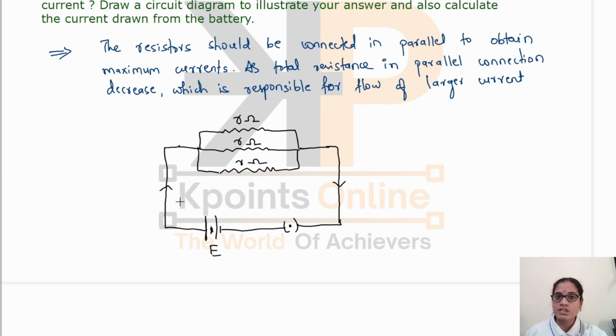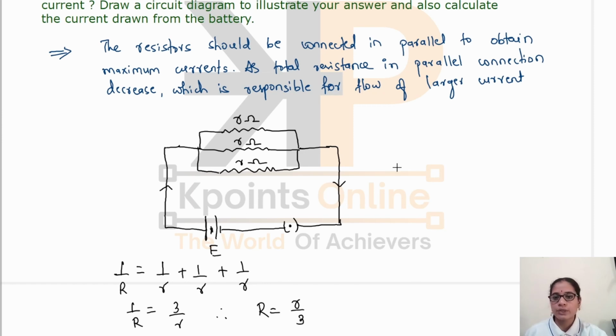We know that in case of parallel connection, we can calculate the equivalent resistance from the formula 1 upon R is equal to 1 upon small r plus 1 upon small r plus 1 upon small r, because small r is the resistance of all these resistors. So we get 1 upon R is equal to 3 by r. Therefore, R is equal to r upon 3. Now we have